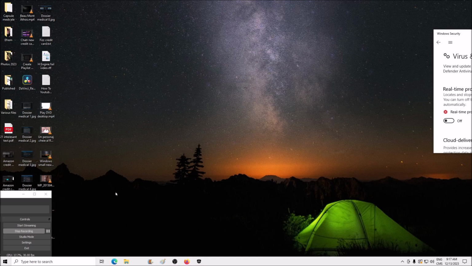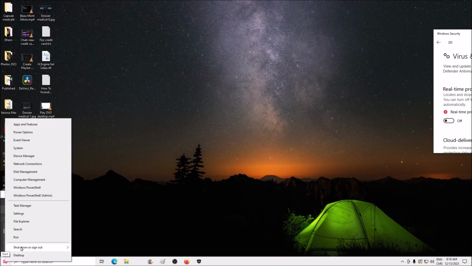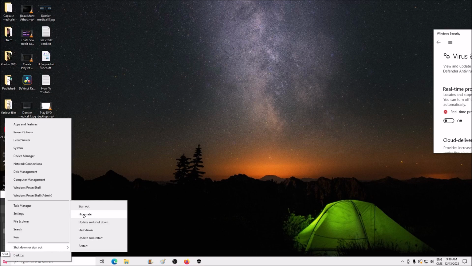And the reason I want to show you how to put the computer in hibernate mode is actually if you have power outages in your area, the only way to postpone updates is to use the hibernate mode, not the sleep mode. And for the hibernate mode, you just hover over the icon, right click on the mouse for the shutdown button, and you will see, if you don't see hibernate here, it means you need to activate the settings. It's easy. I'll link you a video maybe in the comment section.